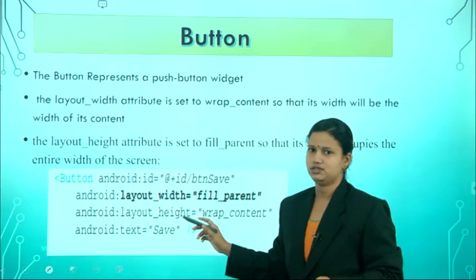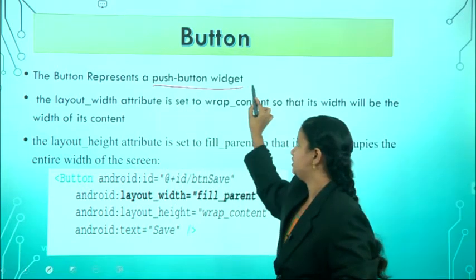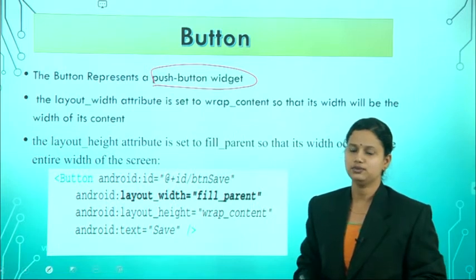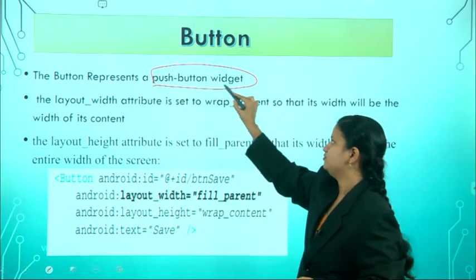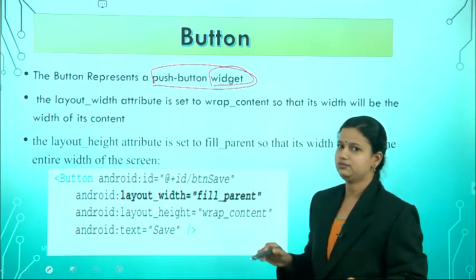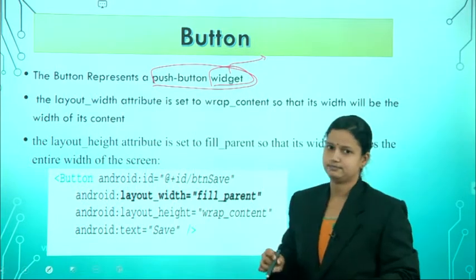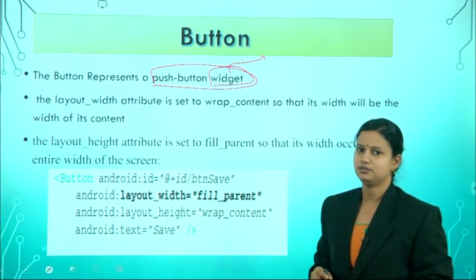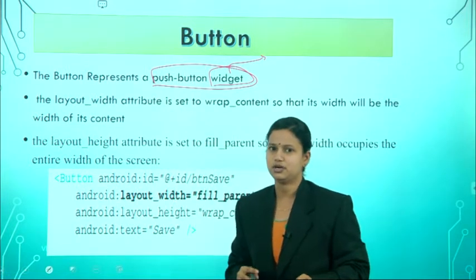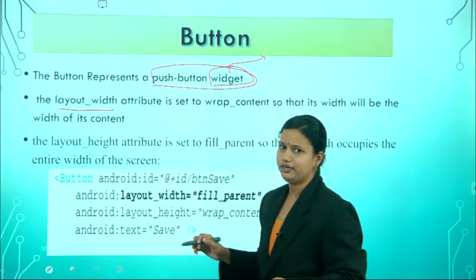But before learning this code, we have to know what a button is. A button is nothing but a push down widget. Whatever you are learning in these basic views all come under the category of the widget class. Whenever you are using a button class, we have to perform some action related to the button, so you have to import the widget class that is present in Android. In this button, we first set the properties layout width and layout height.